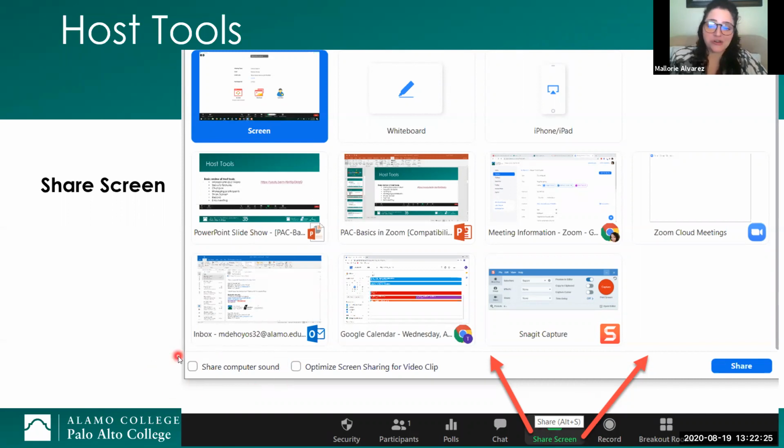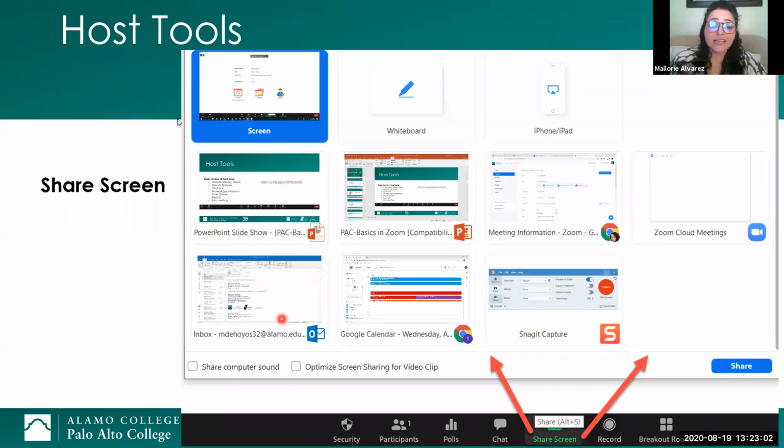Now, I guess in my nervousness, I had shared my computer without clicking this button. And that's why when I played my YouTube video, no one could hear anything. So you will come across this same problem with your students or your staff. If you're trying to play something and they're telling you, I don't hear anything, then you would need to stop your share and reshare again, click on the share button, and make sure you select Share Computer Sound. When you do share your computer, you're given different options.